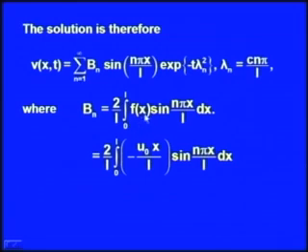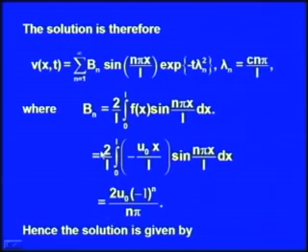So, here f(x) is minus u0 x over L, and therefore V_n is 2 over L integral 0 to L of minus u0 x over L into sin(n pi x over L) dx. When you integrate this function and put the limits, what you get is V_n equal to 2 u0 into minus 1 to the power n over n pi. Hence, the solution is given by,